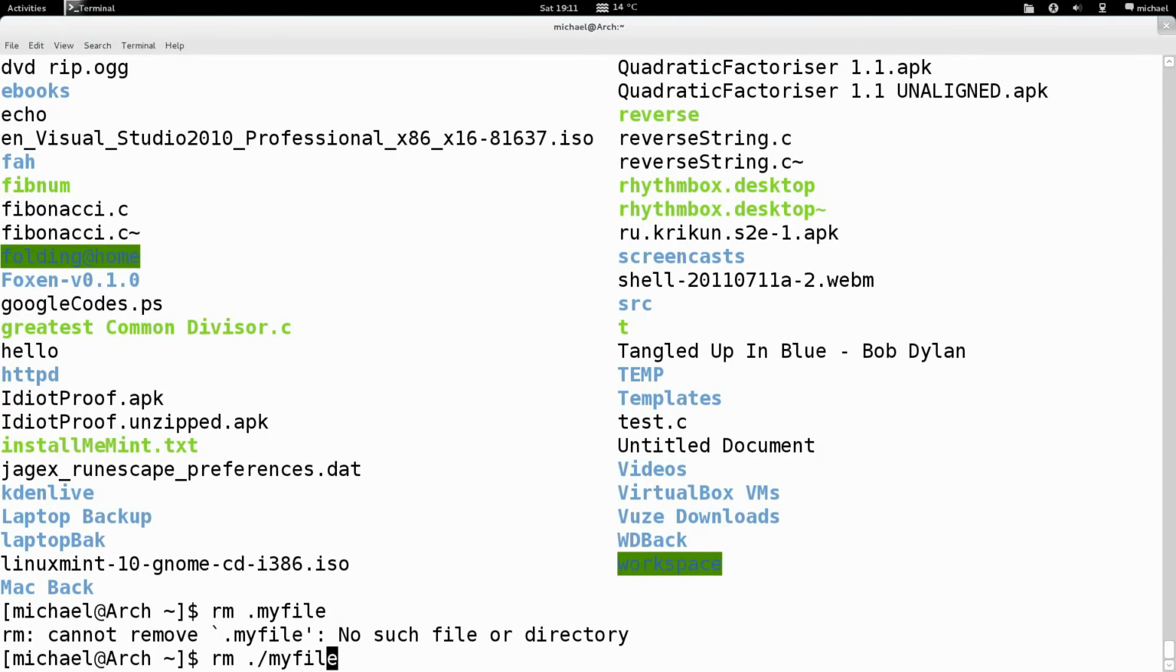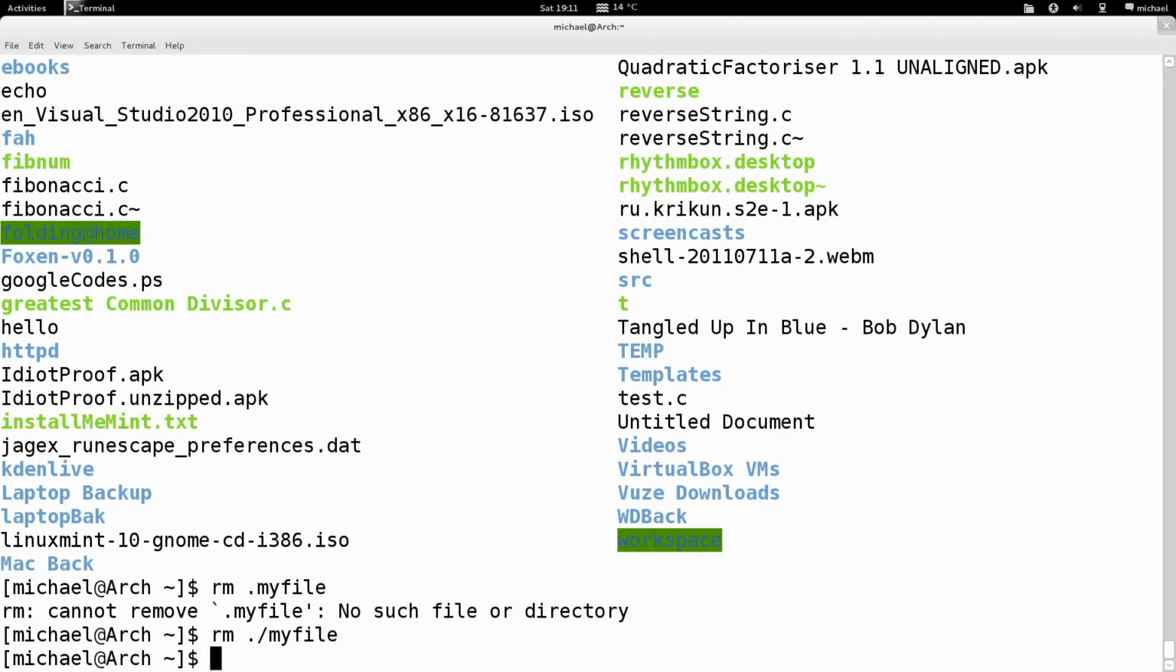So this is the current directory. So these two represent the current directory plus the my file. Well, actually, you don't actually need this, but for some commands, you do. Anyway, it's deleted the my file. Alternatively, you could have that. It's equivalent, same thing. Why I showed you this dot slash is because some commands